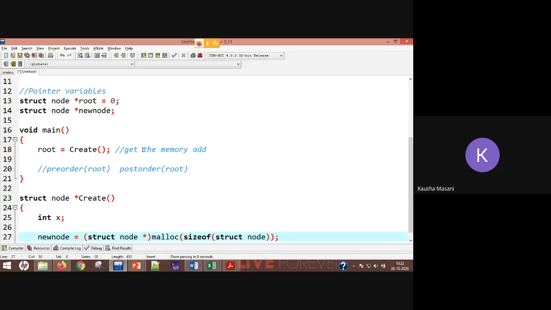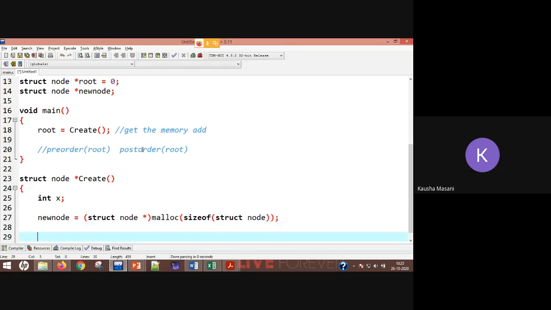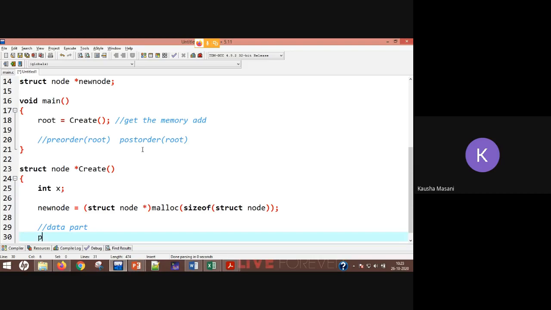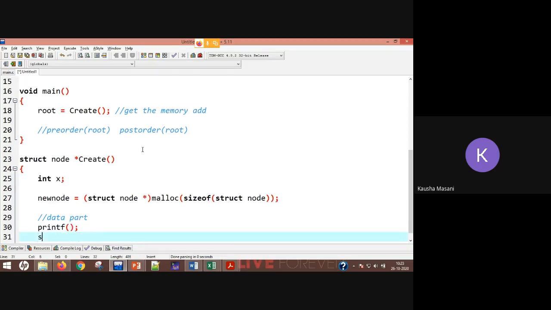I'm not explaining what this new node is going to contain, you guys are very well aware of it. Now you have to take the data part. So write your printf statements, and write your scanf with %d.